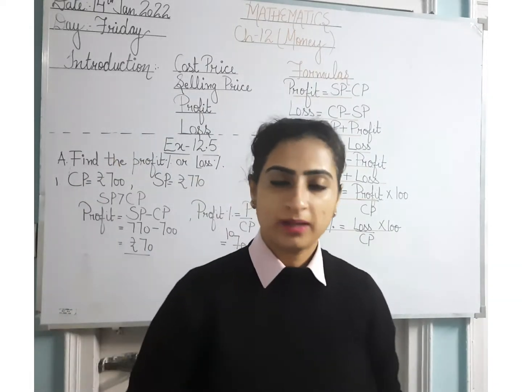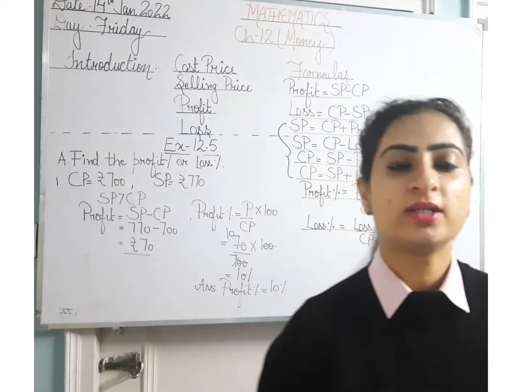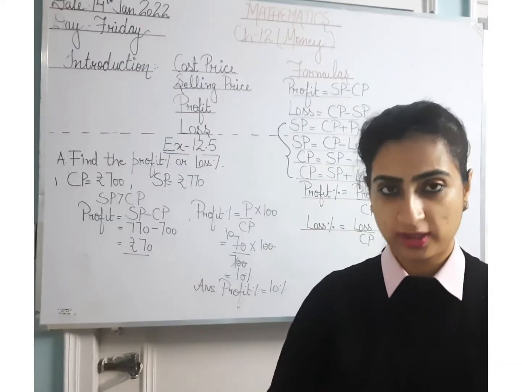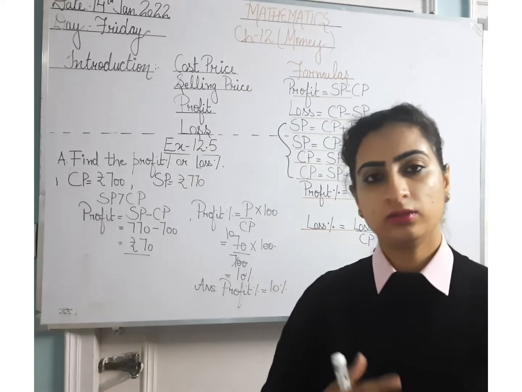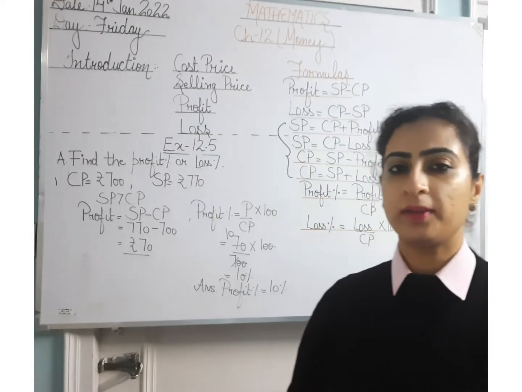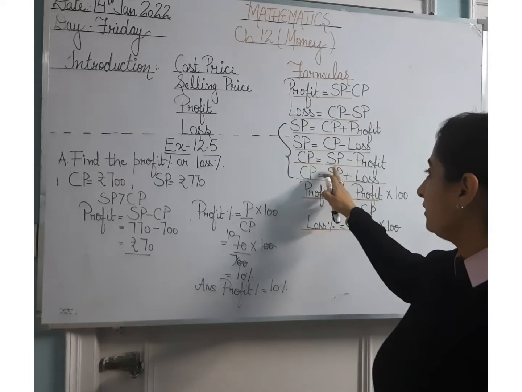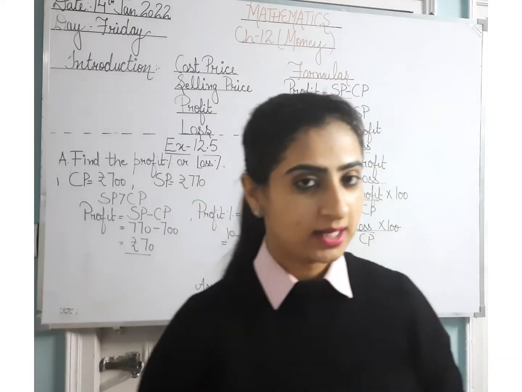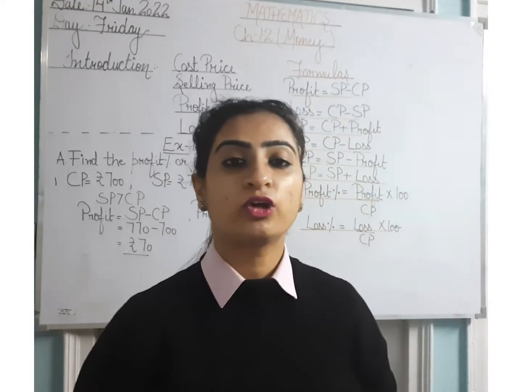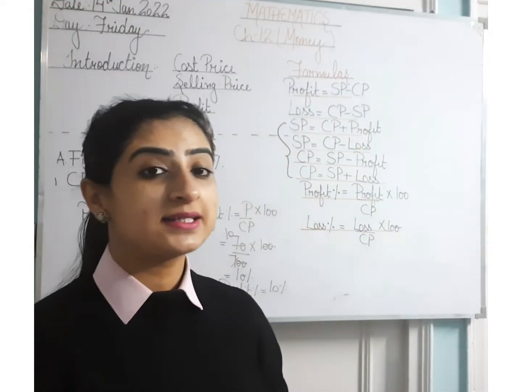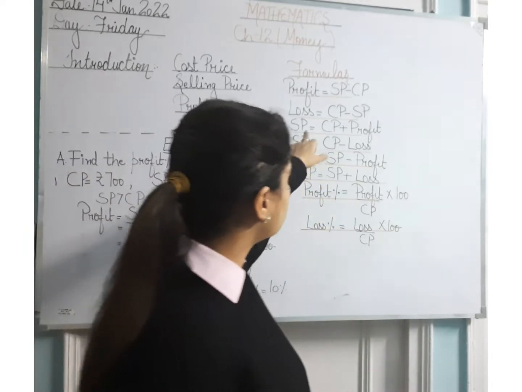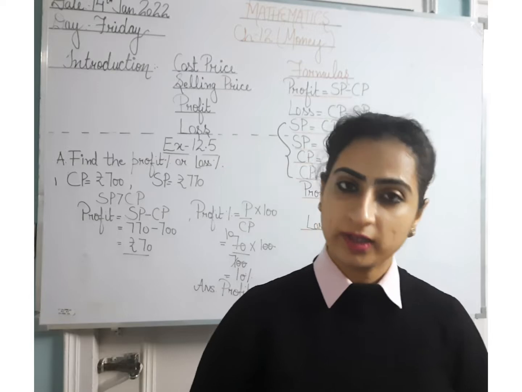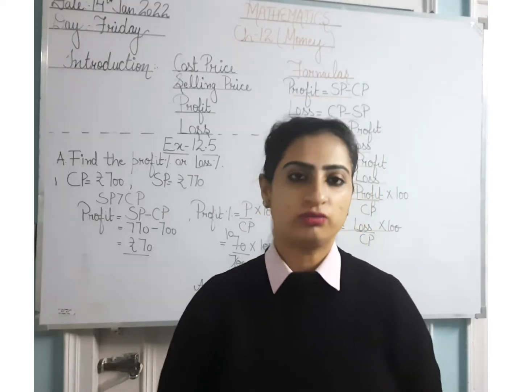So let me give you a situation also. Suppose I purchased a laptop. Okay, I purchased a laptop means it is a cost price. I purchased a laptop for rupees 80,000 and I got a profit of 10,000. So what will be my selling price? That means 90,000. CP plus profit. Understood? This we have to solve the question. We have already done it in the class. This was a quick revision for you.